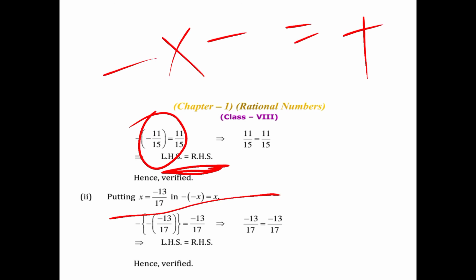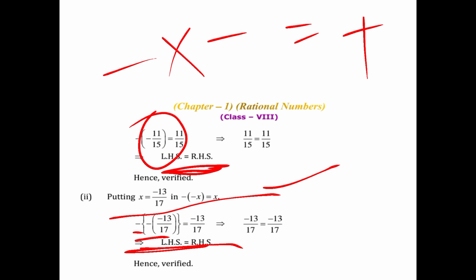So when x is equal to minus 13 by 7, minus (minus x) is equal to x, we can verify here. This is LHS, minus into minus 13 by 7 is equal to 13 by 7. What we did here: instead of x we have to write down minus 13 by 7. The first minus and second minus come from the given identity,